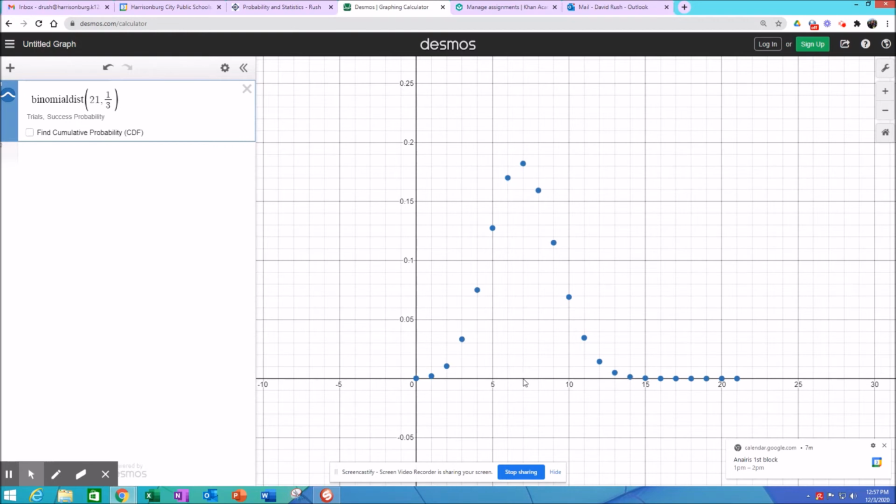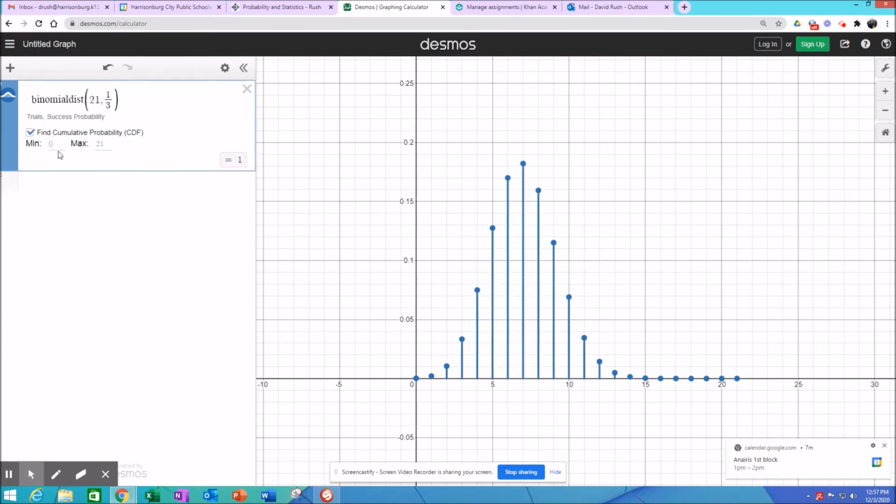Anyway, if we want to find the cumulative, we can hit this little check here for cumulative, and it gives a min and a max. So we want to know the minimum. So it starts at 13, and right now they're all highlighted, right? From 0 to 21 is a probability of 1. They're all added together. But if we want to start at 13 and go to 21,